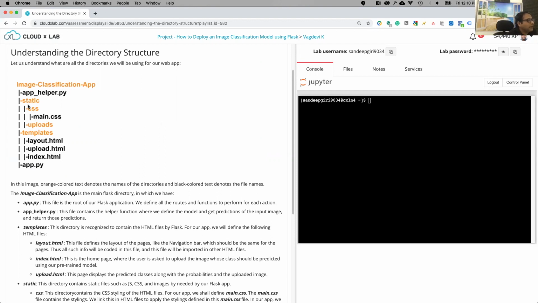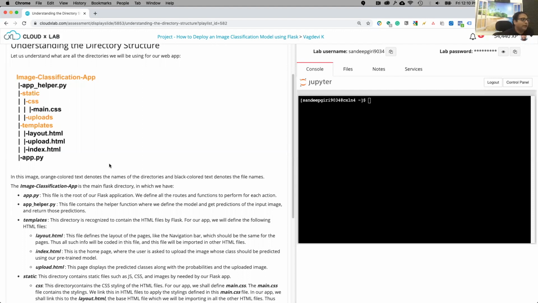This one is a Python helper file, in which we'll keep the Python code which will do various things. And here, this is the CSS file. What does a CSS file do? CSS file is a style. If you know on a website, you want to color something, underline something, make it bold, left line, right line, that styling goes in a CSS. So in your web page, you include CSS and it applies those settings or styles onto your